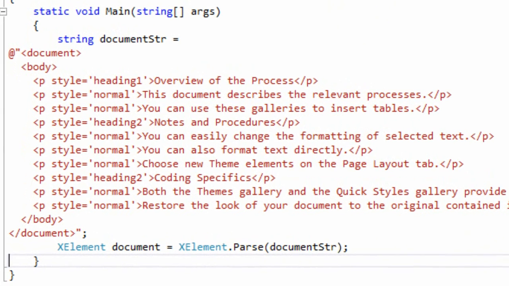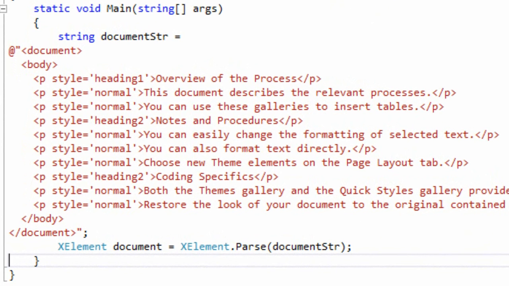Let's say that we're in the process of transforming this document to HTML, or we might be transforming it into some form of XML to be put into a database or what have you. We want to transform this document in some fashion. And let's say that in the process of transforming this document, we want to group things together. Let's say in our HTML, we want to put a div element around every